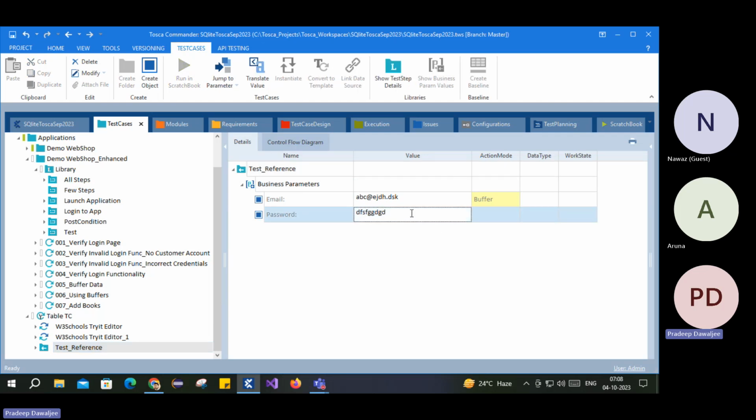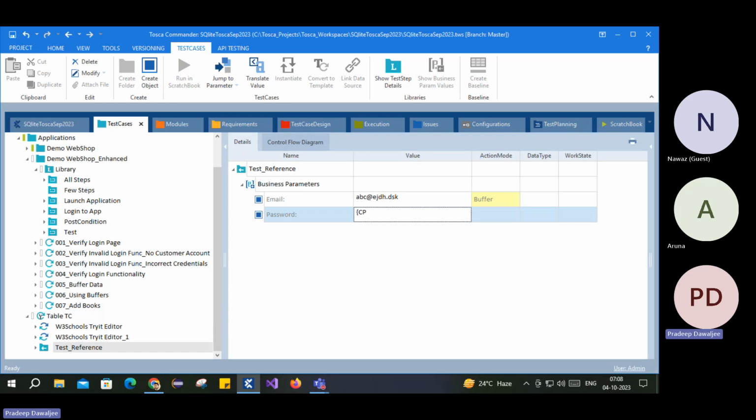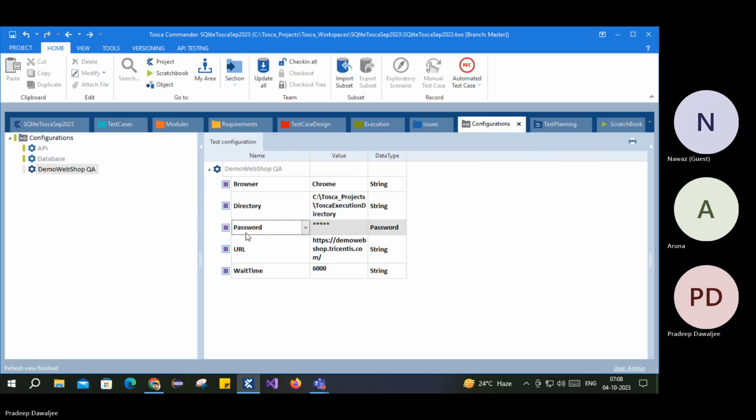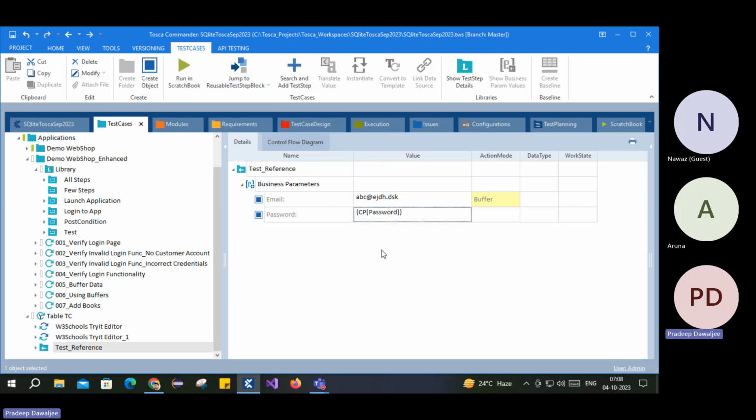So here what I will do is, since that is a configuration parameter, I would use CP of suggestions. Sometimes it won't show in the business parameter, so you can just directly write the syntax. So CP of password. I'll come here, write CP of password and then leave it. That's it. So here, yes, the user is not able to see the password, but this value would be coming